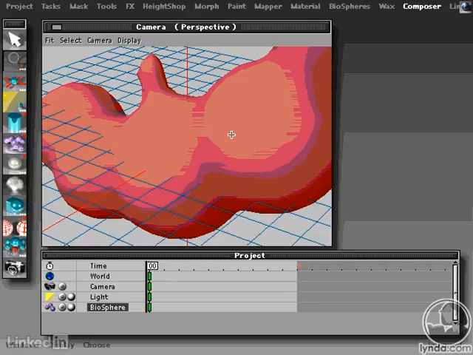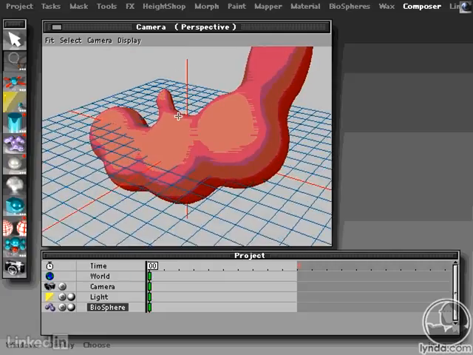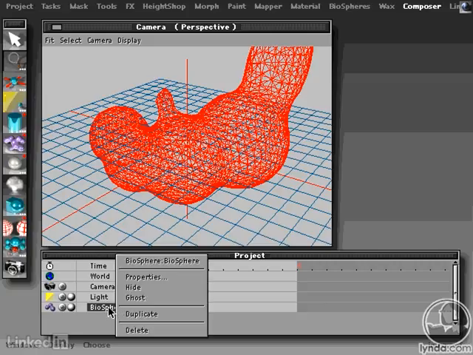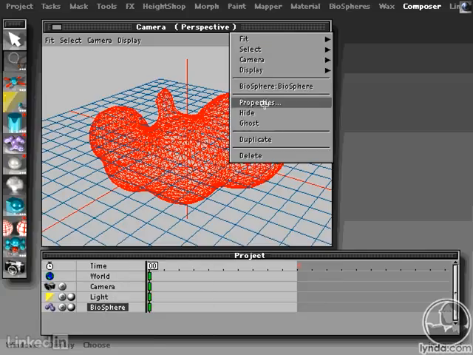Like if you start getting really detailed, like little fingers and antennas on your little character's head, and they're not getting smooth enough, you can change that by changing the actual resolution of this mesh. And to see that a little more clearly, I'll go ahead and go to wireframe view here. Now the mesh itself, you can see the wireframe there. If I were to change this by either control clicking on the Mac or right clicking on the PC on the name in the project window or on the actual object in your window, you'll see that you'll have a pop-up with a properties option. If you choose that,